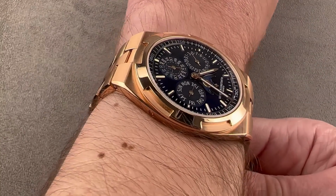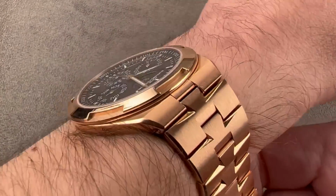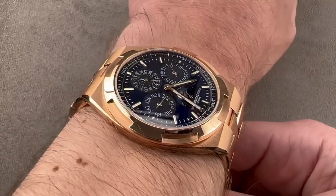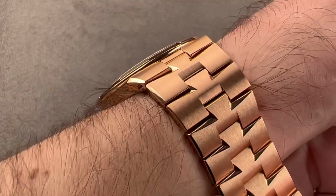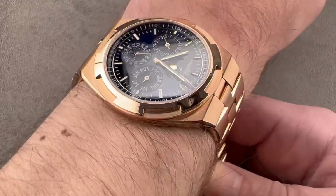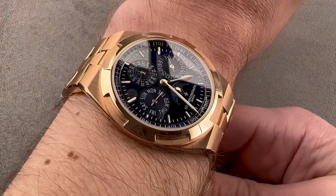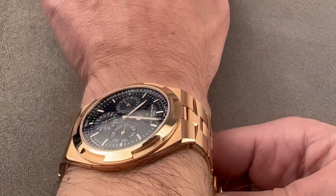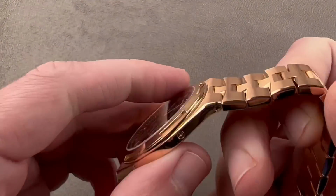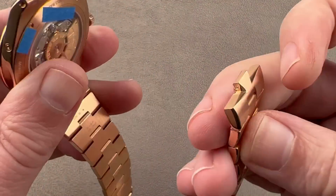It comes with two straps and a quick release lug system. One strap is blue leather, one strap is blue rubber. And of course, the watch is highly adjustable on the bracelet. No trouble fitting underneath the cuff. I'm going to say if your wrist is 15 centimeters circumference or larger, you're going to have no trouble wearing this watch. Taking a quick look at the bracelet, one of the standout features of the third generation Overseas is